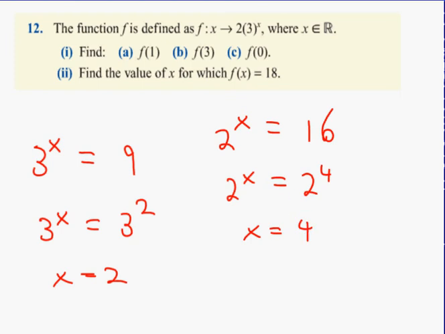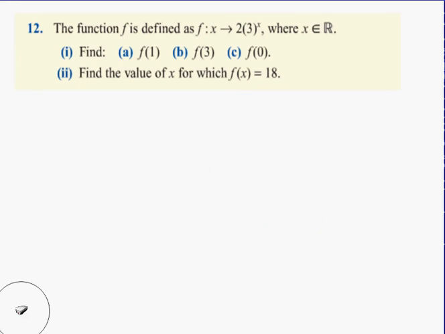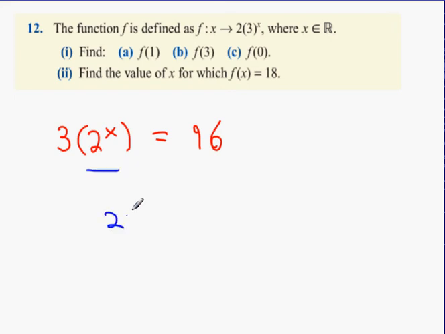Yes. Now, the third variation of this question I can ask you is this here. I have a good one for you. 3 by 2 to the power of x equals 96. What is x? So, first thing we need to do is get 2 to the power of x on its own. Any suggestions on how we do that? The 3 is multiplying on the left, which makes it divide on the right. 96 divided by 3 is